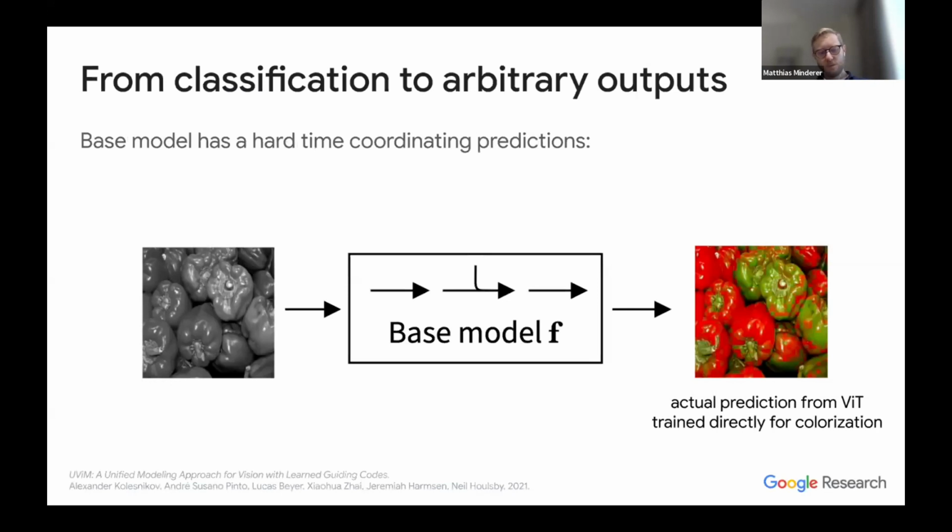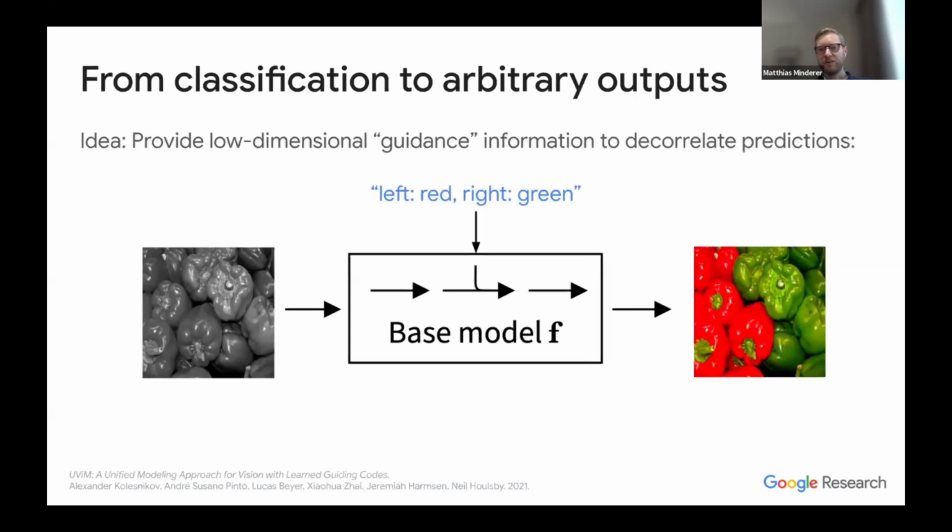So what the state-of-the-art models do is they basically hand design some inductive biases that guide the predictions of the base model in order to decorrelate the predictions. So here, for example, we try to somehow build in the information that the left of the image has red peppers and the right of the image has green peppers. And if we can just give that simple information to the model, then it can now predict a high dimensional, like pixel-wise output that is also well coordinated sort of on the semantic level. And the question now is, how can we automate this rather than having to hand design specific architectures to get